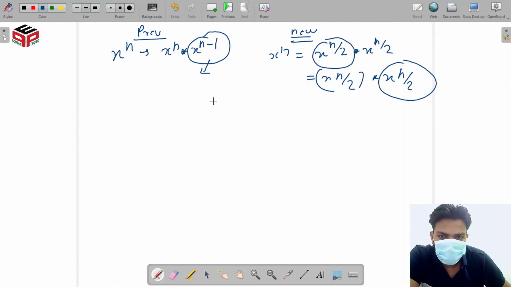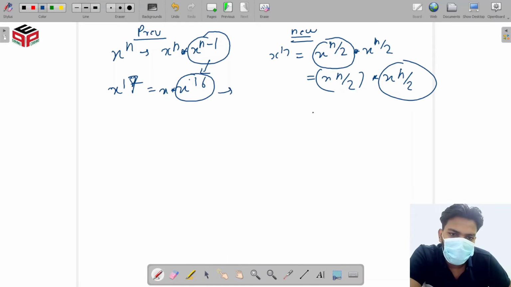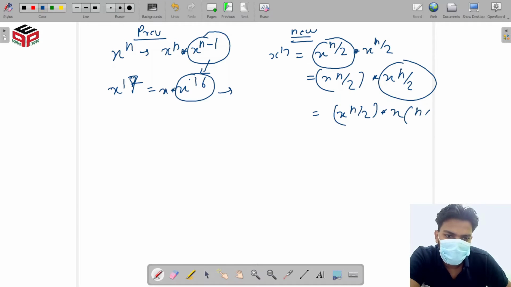But if we want to calculate x to the power 17, then what are we doing? Previously, we had faith on x to the power 16 and multiplied x again. But here, we just calculate x to the power n by 2. What do we get? 17 by 2, which is 8.